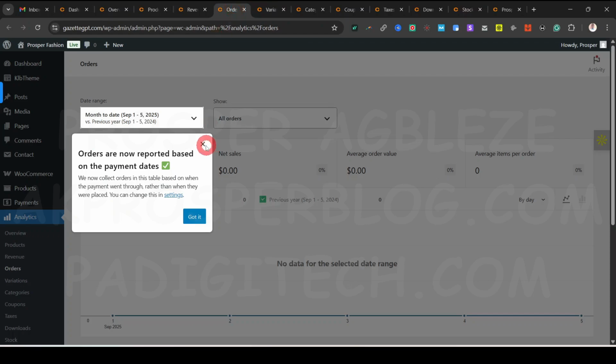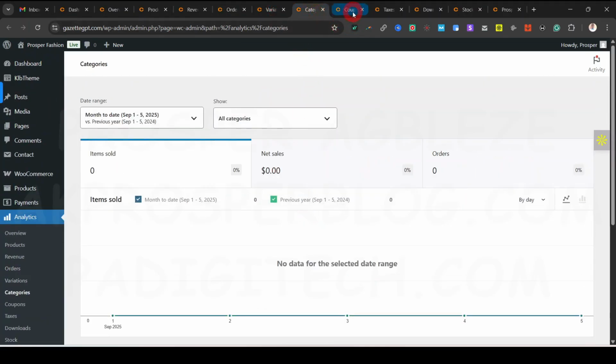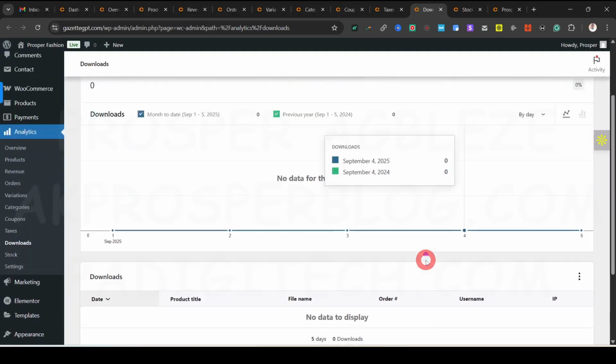This is for orders. So you can see the number of orders, the net sales. So like I said, all of these data and information would make more sense once you start making sales. So this is for downloads. If you are doing downloadable products, you'll be able to see how many downloads you have and every other information